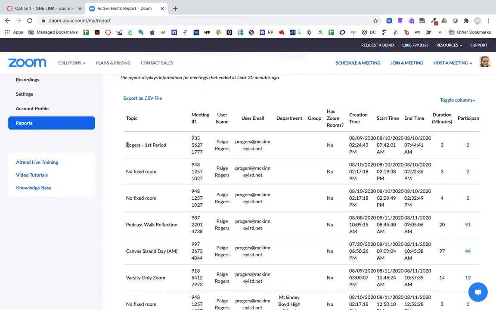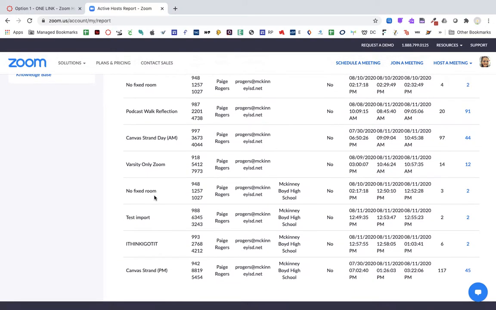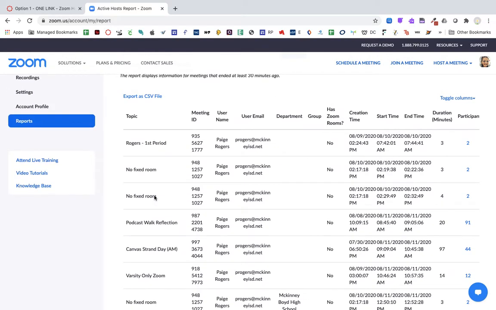But you'll notice that they all have different names. So if I were to run the meeting that I just started, it would be called Rogers Algebra 1. In the reports, no matter what you call it or what duration it is, you're going to be able to